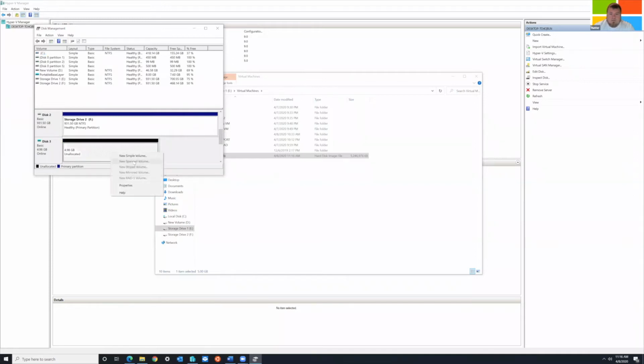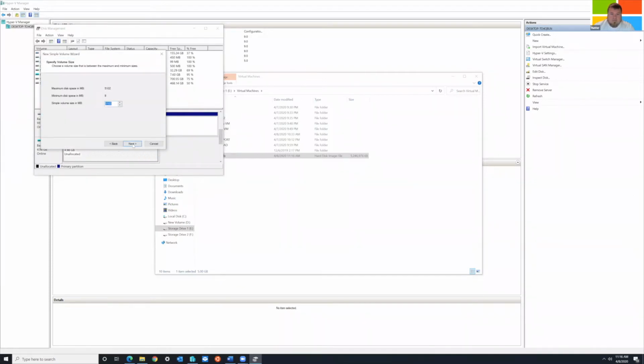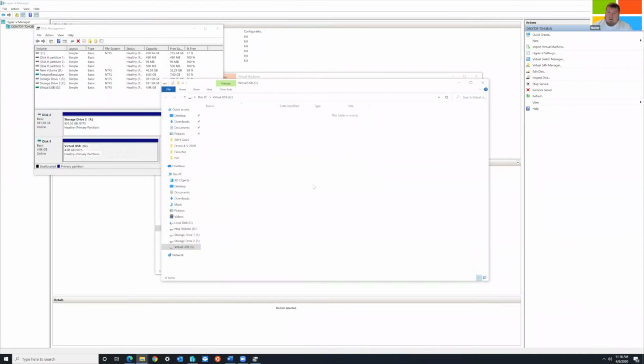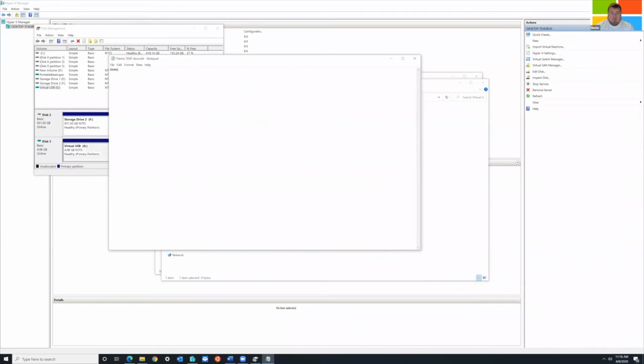Here is my little 5 gig drive. We have to format it, and we'll call this our virtual USB. And now you'll see I have a virtual hard drive that I can create and add to and move things around